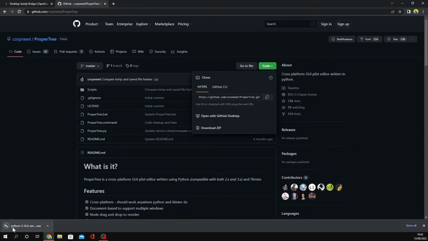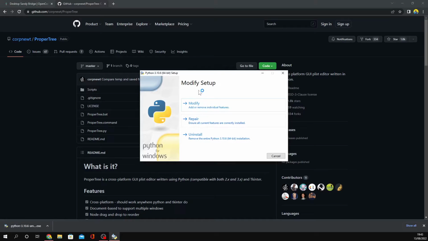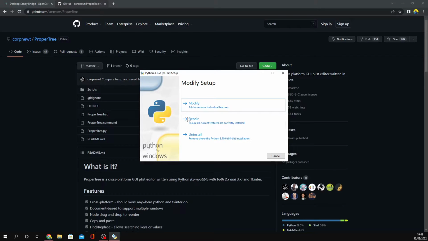Alright, it's finished installing. So open up the Python installer. Then you'll see it won't look like this. Mine has Modify Setup. Now it'll ask you if you want to add Python to PATH. Make sure you tick that, because if you want to run command line tools for your OpenCore utilities, it's going to require command prompt variables. So you need to tick that PATH option on the bottom. Now mine is showing up because I've already got Python installed. So I'll cancel out of this,